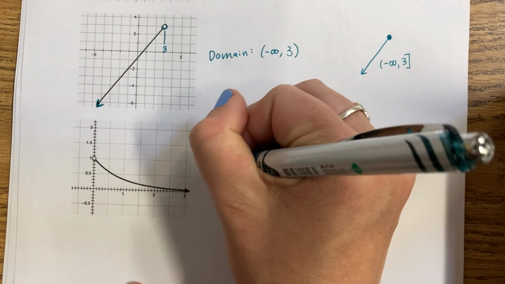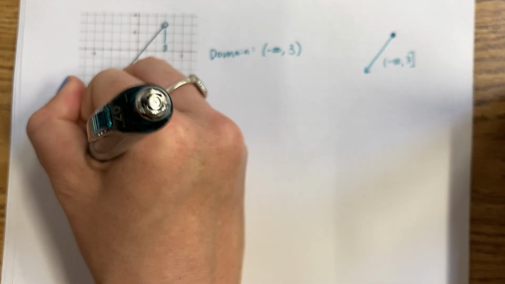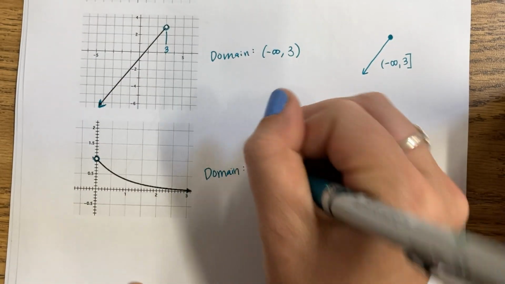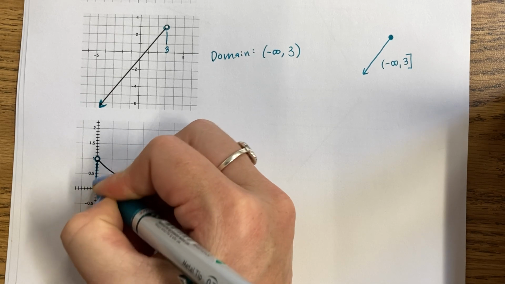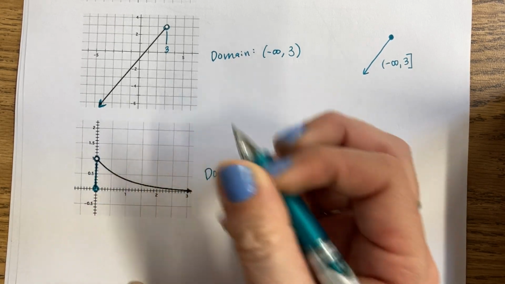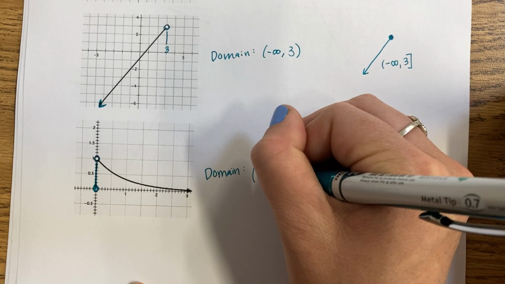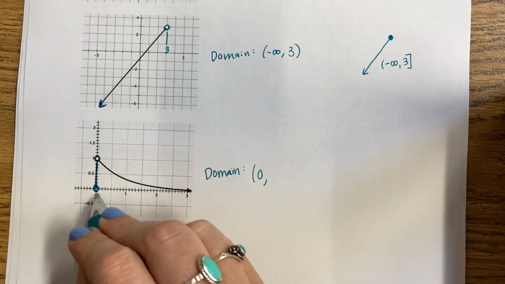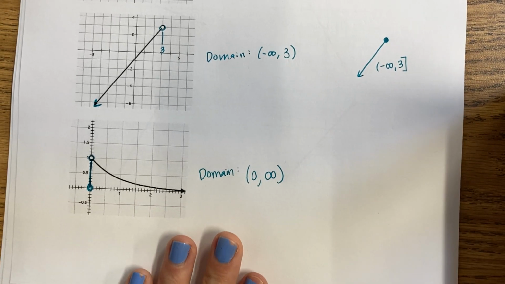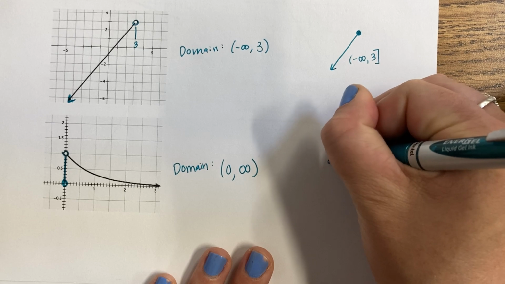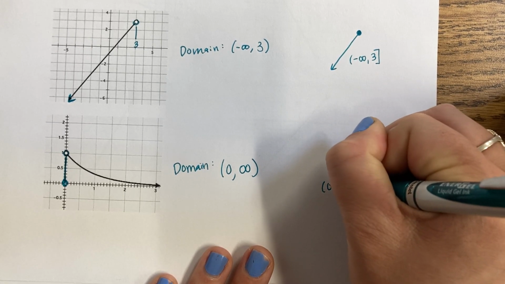And last one, domain. It's at 1 and it's an open dot, or let's see, 1 is the range, x is 0, and it goes on forever, so 0 to +infinity. If it had been a closed dot and curved, it would be 0 to